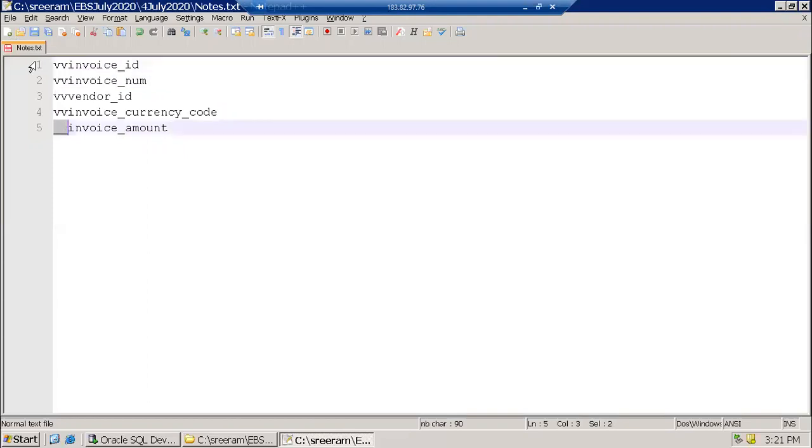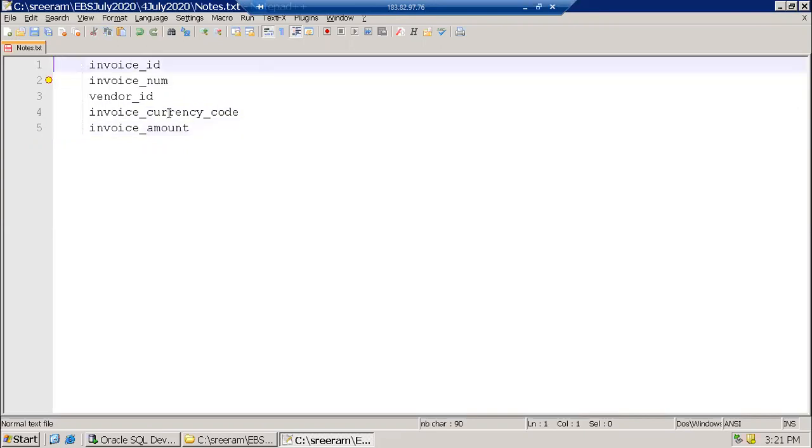So I'll just say underscore. Why is this not working? Okay, there's some issue here.